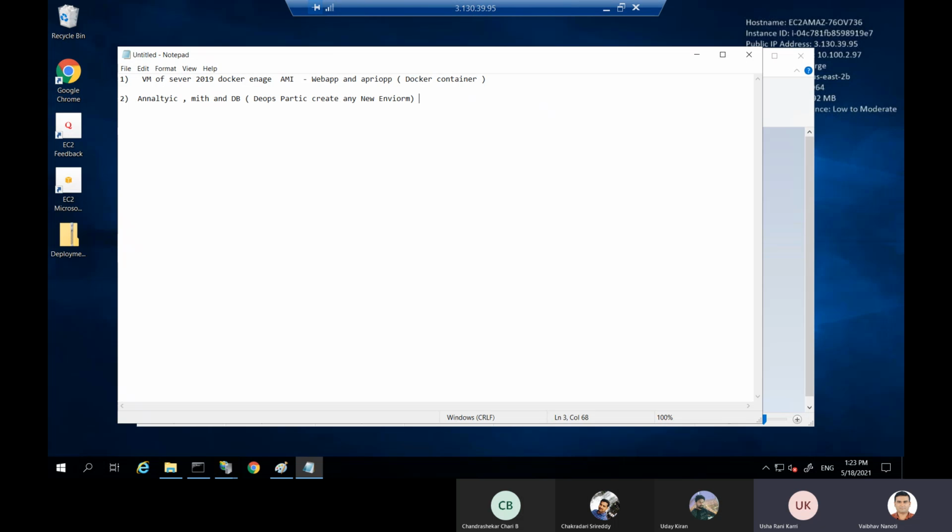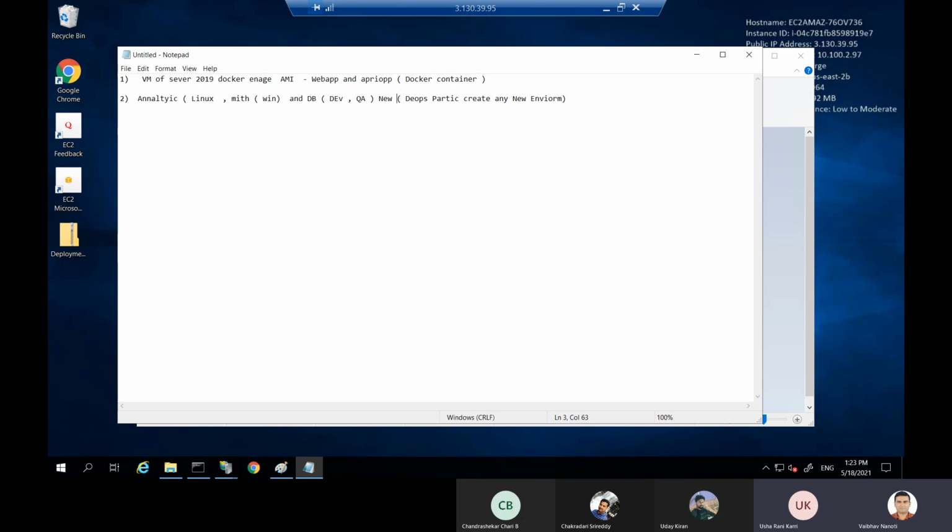We are supposed to do it as is, right? Right. Once everything is set, for analytics we require one Linux machine, right? And for Mirth we require one Windows machine, right? Right. For the database, we have to check whether I am supposed to use the dev database or the QA database, or create one new database on the same server and use that one.